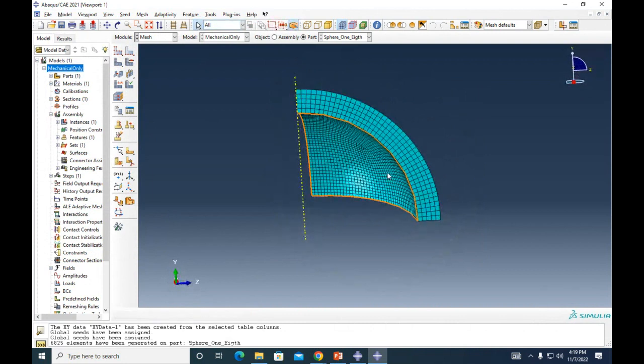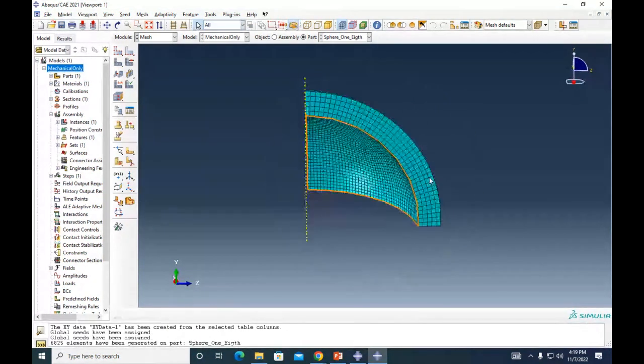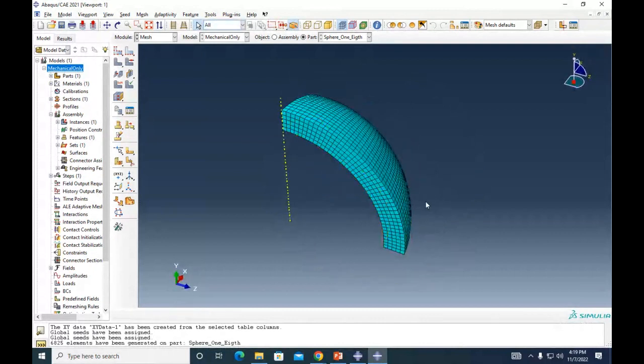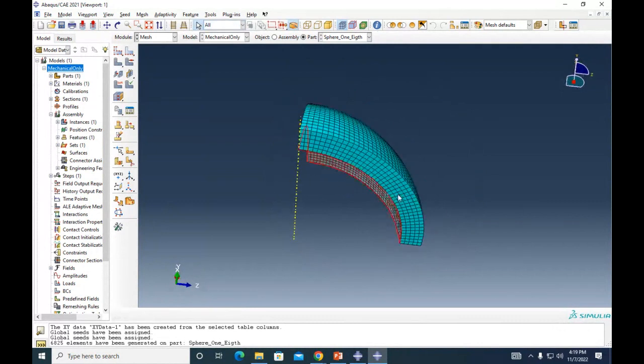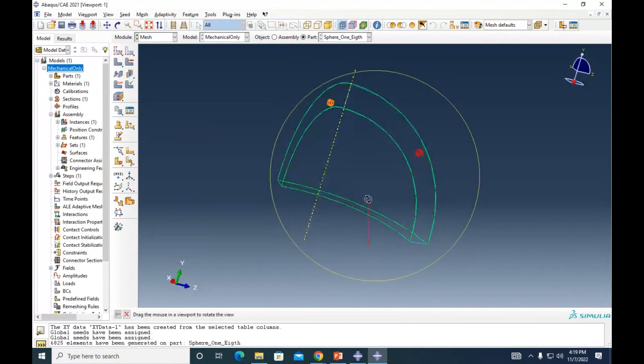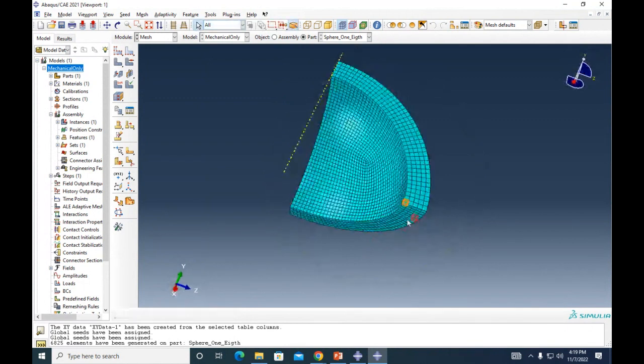Now comes the important part, which is adding the boundary conditions. Okay. So, what boundary conditions do you think that this problem has? The edges shouldn't move. Which edges? So this edge. So yeah, the outer. So these outer edges, they cannot move, right? And what about here? Can this move or not?